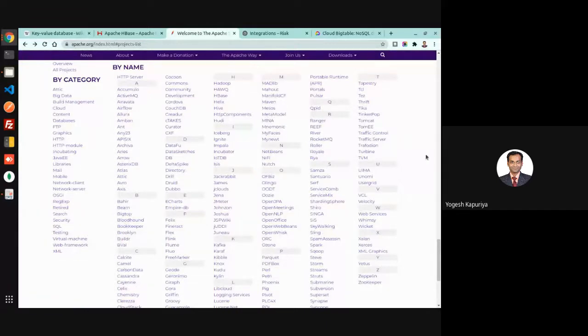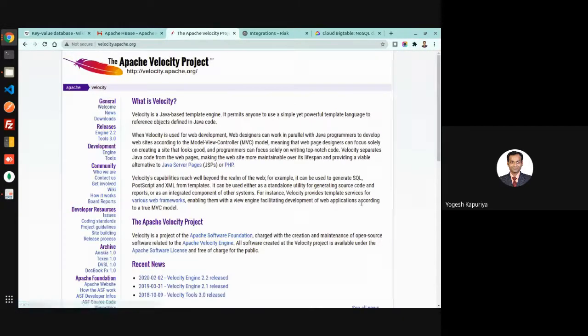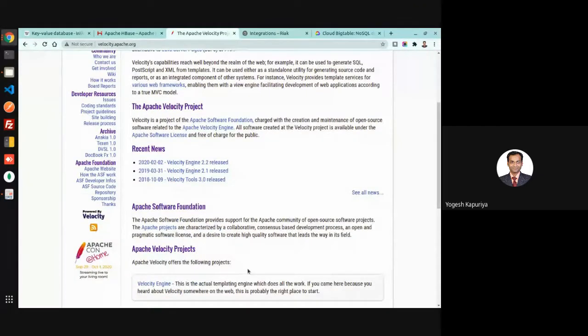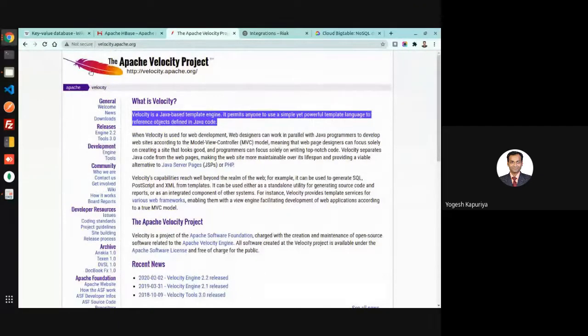This is just one community, just Apache. Everyone else has its variations. So Velocity is a Java-based template engine. These are not just big data applications.